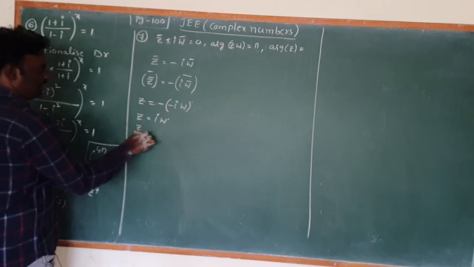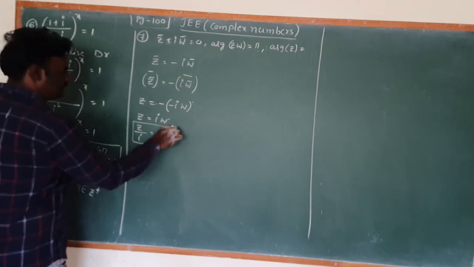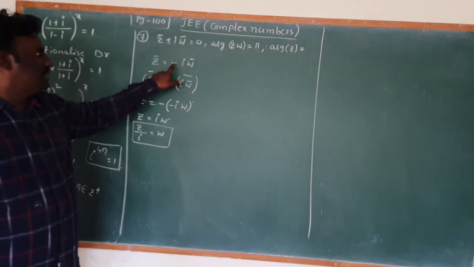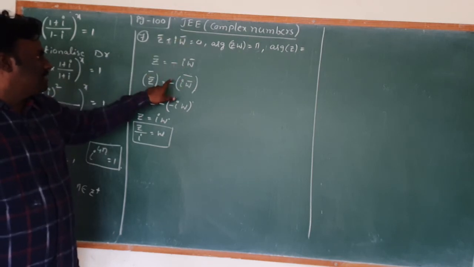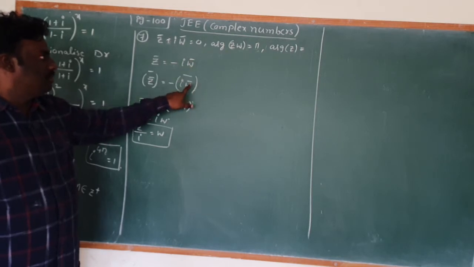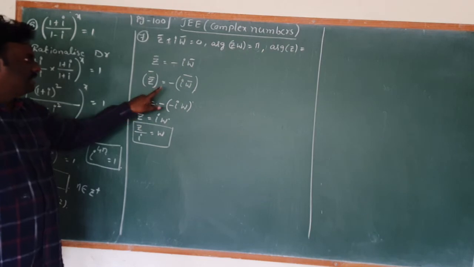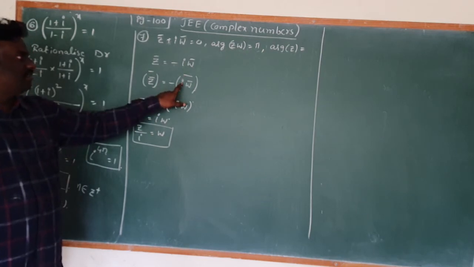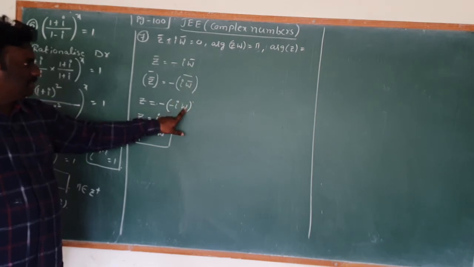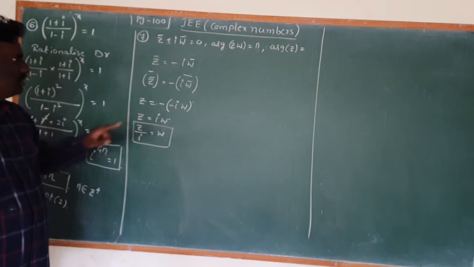Z by I is equal to w. We got one. Once again, listen, this is a given condition. If this plus value goes to minus, taking the conjugate, minus as it is, this plus I is there, and I and w bar whole conjugate. Then z bar whole bar is nothing but z, then minus I. The conjugate of plus I is minus I. W bar whole bar is nothing but w, minus of minus is plus. From this we can write z by I equals w.